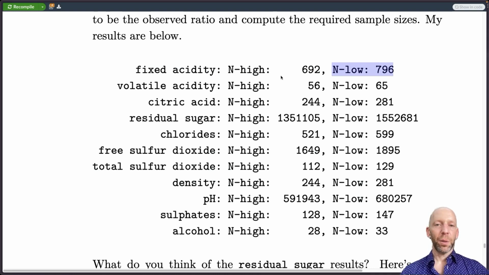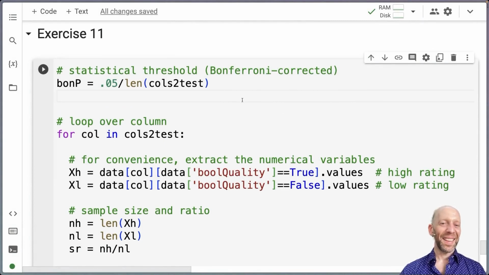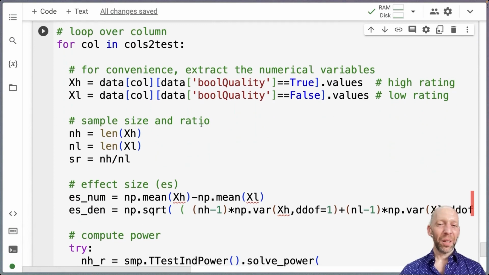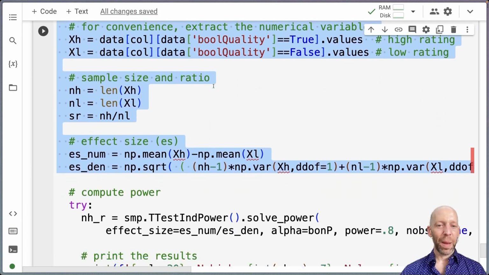Okay, and again, this is to achieve a statistical power of 0.8 or 80%. I have several remarks about this outcome, and I'm going to discuss those when I show you the code. Again, you will recognize this code. It should look familiar. All of this stuff certainly is literally exactly the same as in the